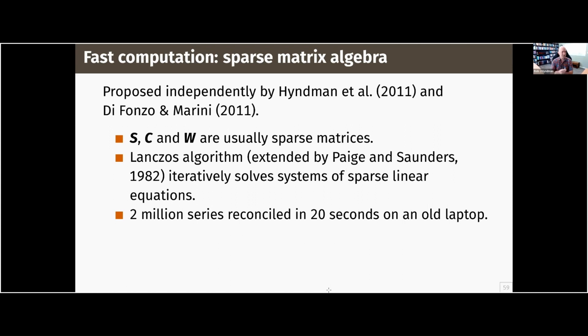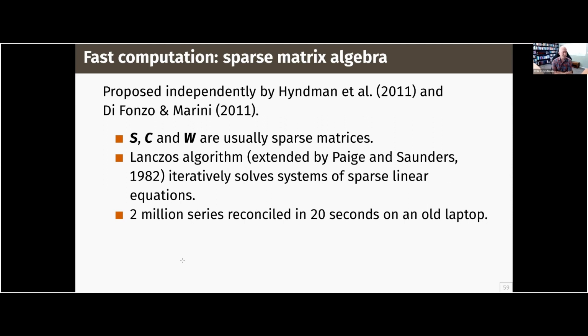Similarly, other matrices: I haven't talked about the C matrix, but we'll talk about that tomorrow. The W matrix is also sparse because a lot of these series are not correlated with others, and so you do get lots of zeros in that W matrix. Because they're sparse, we can more efficiently store them, and we can also more efficiently compute these linear equations using a famous algorithm from the 1950s due to Lanczos, which was a good idea, but the one he proposed was numerically unstable. It's been extended, and the version by Paige and Saunders from way back in the 1980s